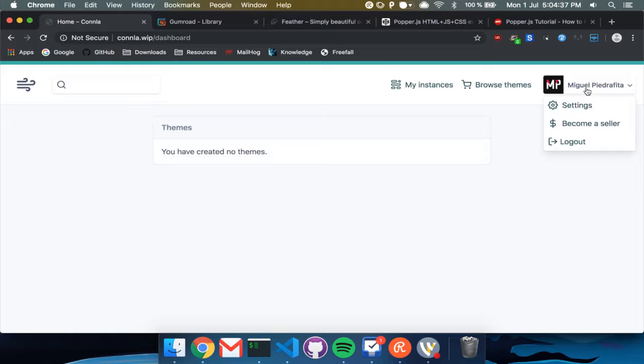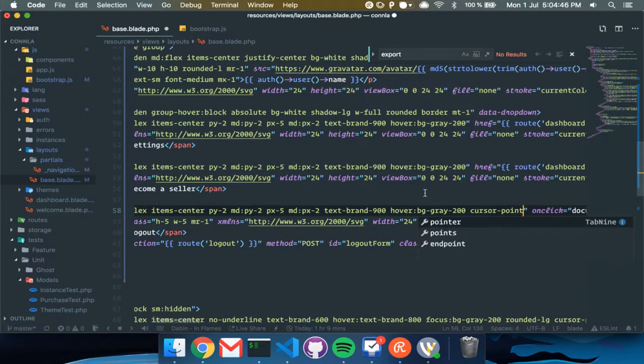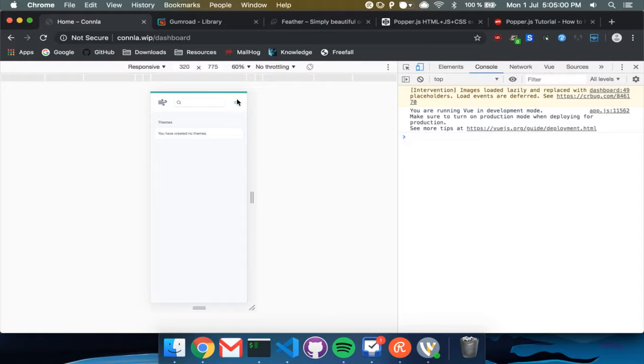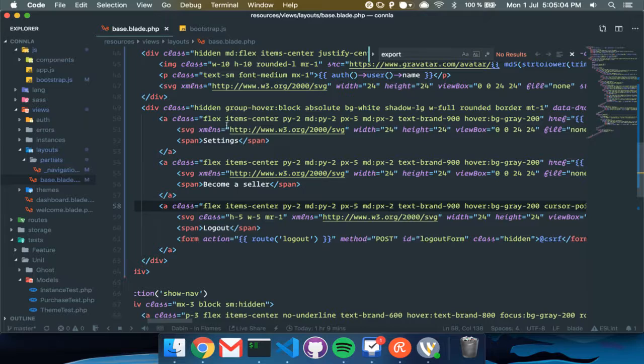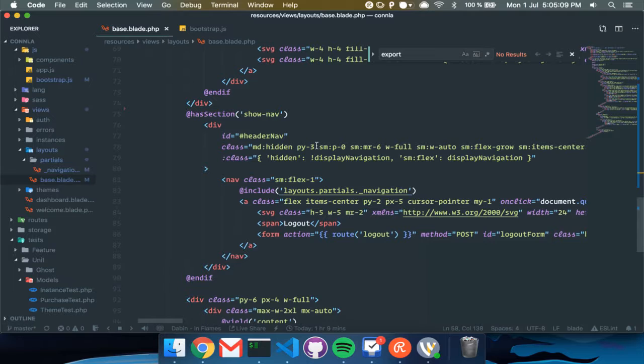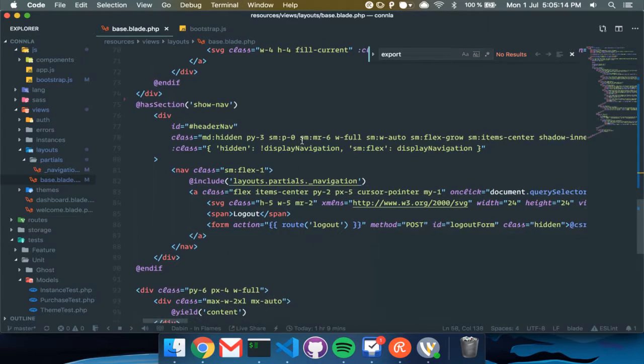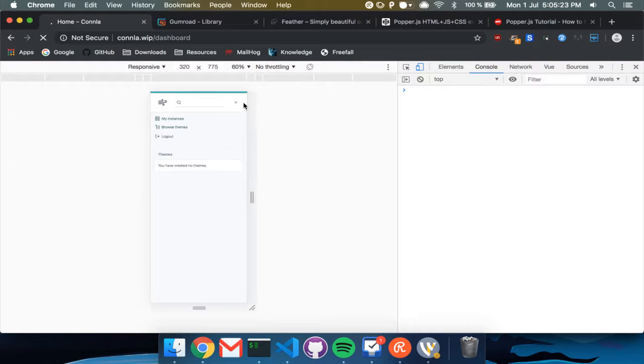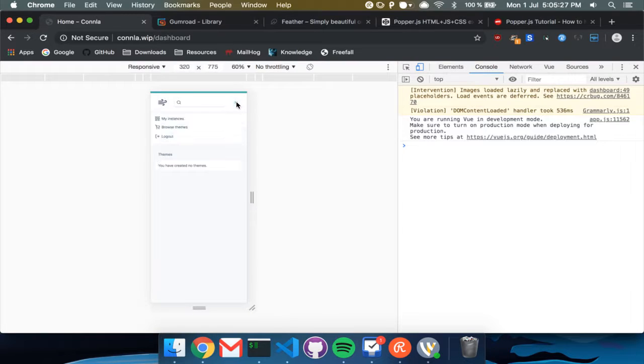Okay. So I really like this. Let's see how it looks on here. I would need to make this white. Just like that, and then I would need to add the other items in there, and also